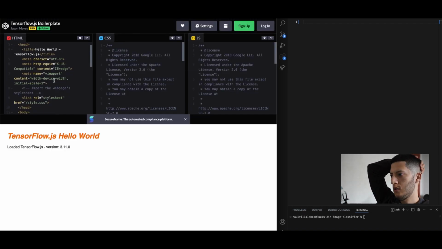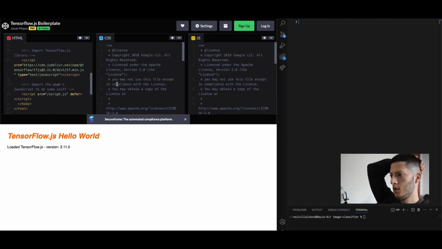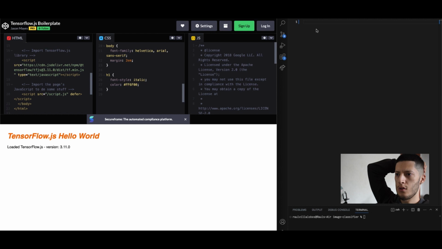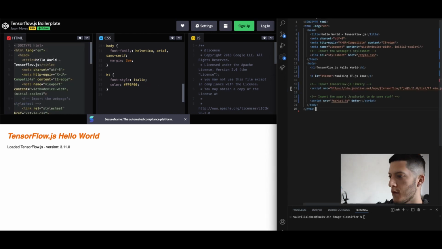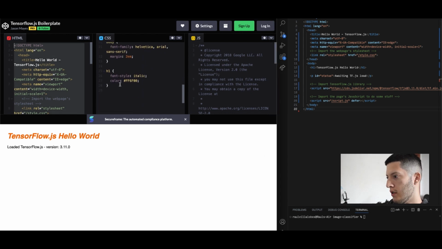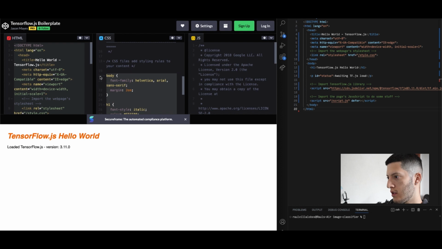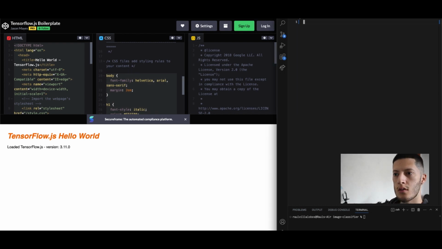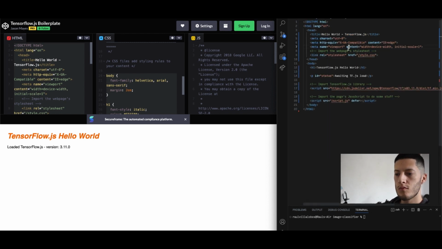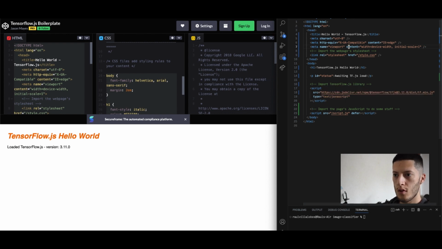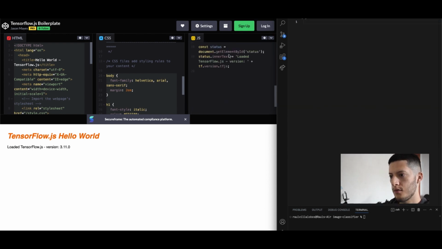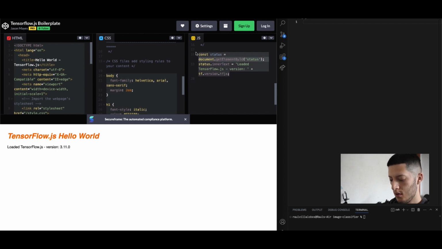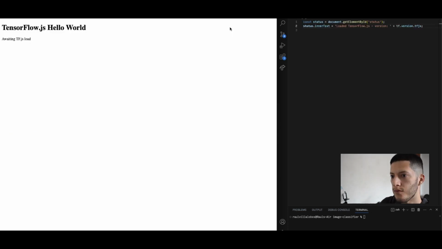So this is the template right here. This is what we're gonna start with. CSS. Okay, let's go ahead and do that real quick. So the TensorFlow is already on here. We're gonna add a little bit of some CSS. And lastly, oh, I didn't think there was gonna be anything on here, but there is. Alright, and here we have the TensorFlow awaiting